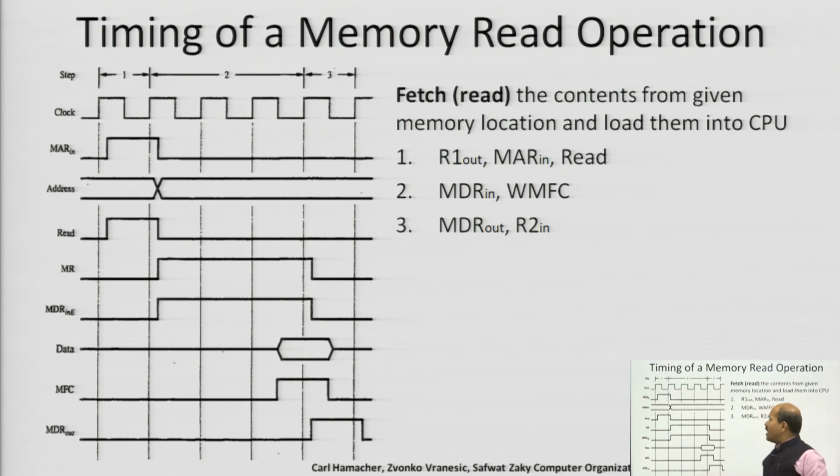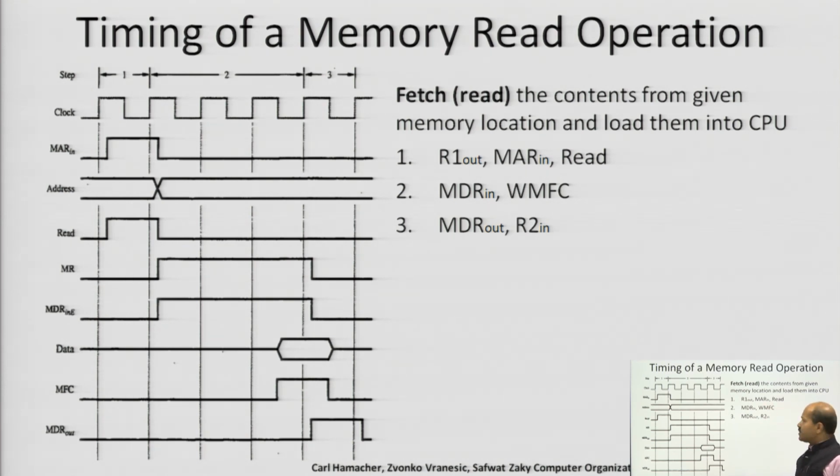So, in fetch what we have done, we have provided the address first from R1 to MAR and issued the read signal. Then we have provided the data. The fetch operation will take place, the fetching of data from memory, and that data will be transferred to MDR. After fetching, the data will be available with the MDR register, and accordingly the WMFC signal will be issued, and after that operation, on the MFC signal, the data of MDR will be transferred to the R2 register.